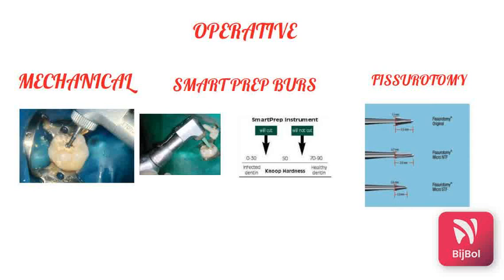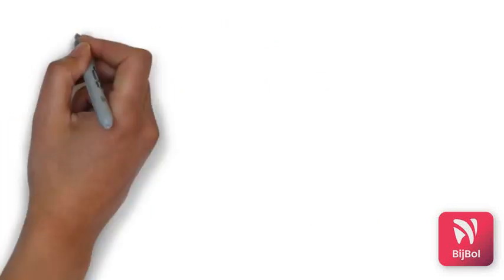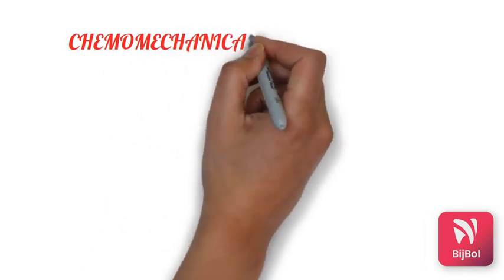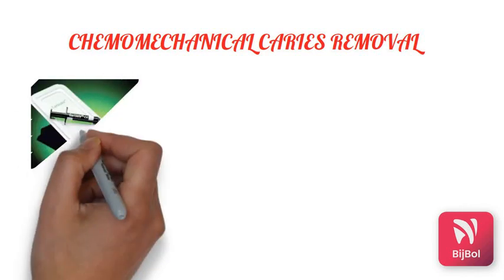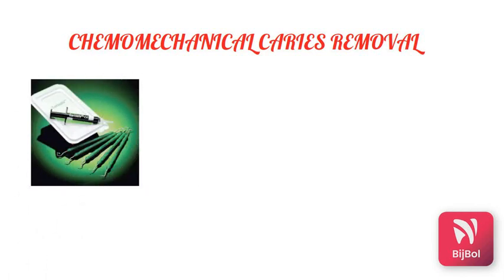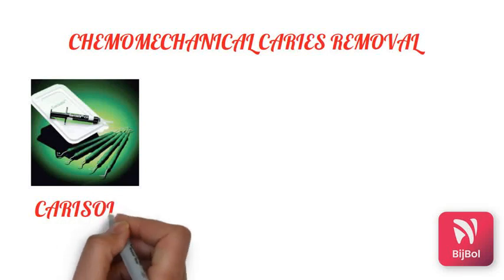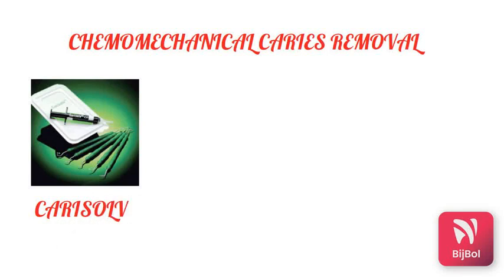Next, we'll see other management procedures such as chemomechanical caries removal. Here we use agents such as Carisolv, which is available in a gel form. It contains sodium hypochlorite of 0.5% and three important amino acids: glutamic acid, leucine and lysine. These three amino acids react with the sodium hypochlorite to form chloramines that degrade the collagen, clinically seen as softening of the carious dentin, while the healthy tissues are still unaffected. This can be stripped off using special instruments.